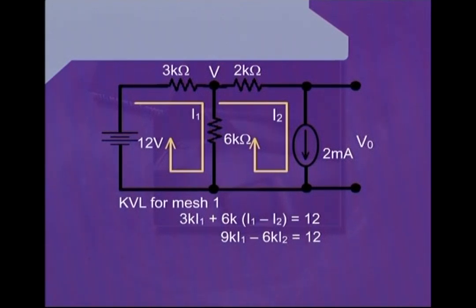Or further simplifying it, we can write 9K I1 minus 12, that is, this minus 12 has been calculated by putting the value of 2 milliamperes. So, the milli factor has been cancelled out with the kilo factor, hence 6 into 2 we have minus 12 and equals to 12. Further simplifying it, we can write I1 is equal to